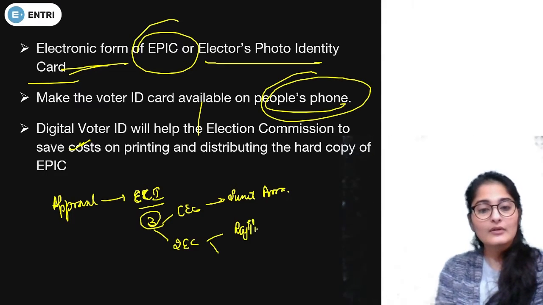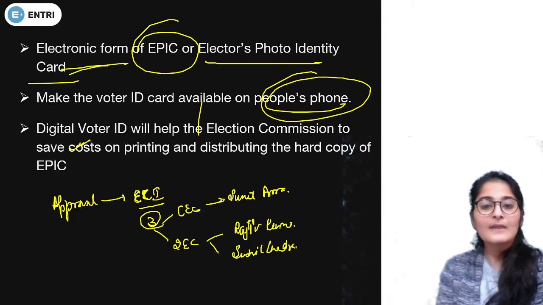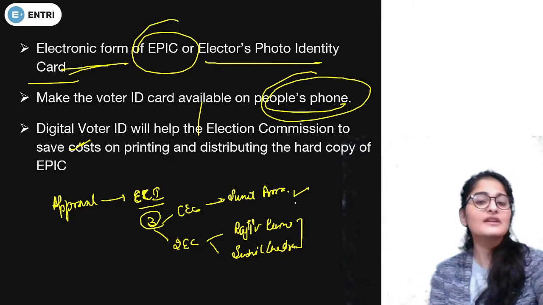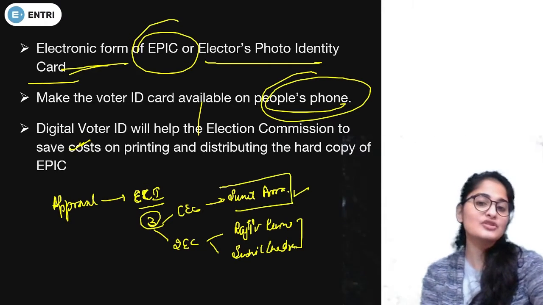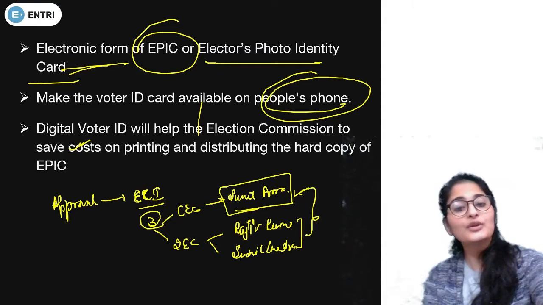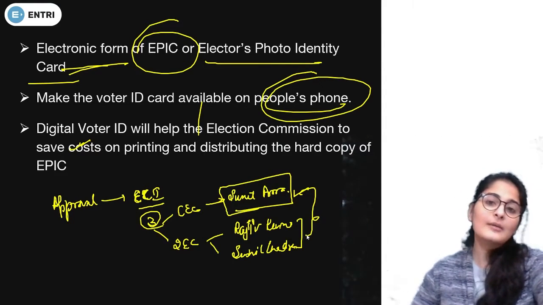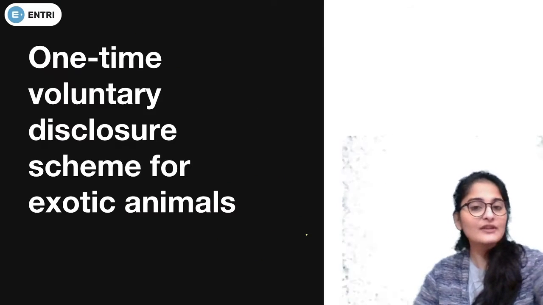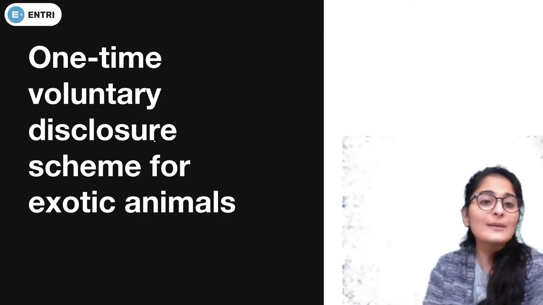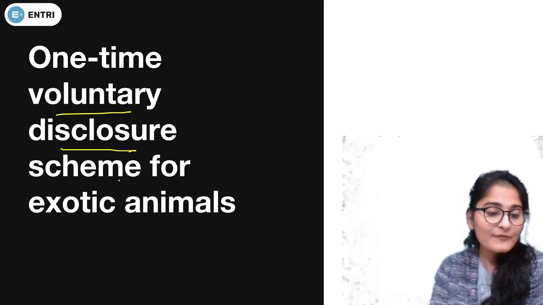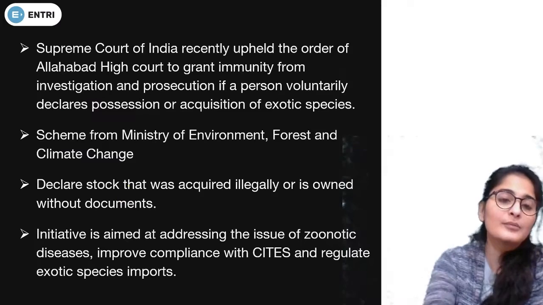Then we have two election commissioners also. Who are the two election commissioners? Them being Rajiv Kumar and Sushil Chandra. These are the two election commissioners of India as of now, and the Chief Election Commissioner is Sunil Arora. They are going to give the approval once the proper report has been seen and implementation has been seen as